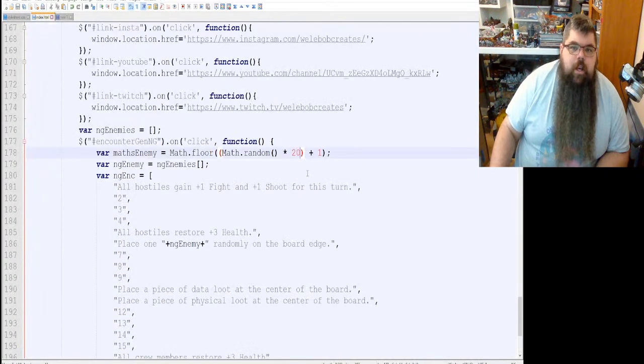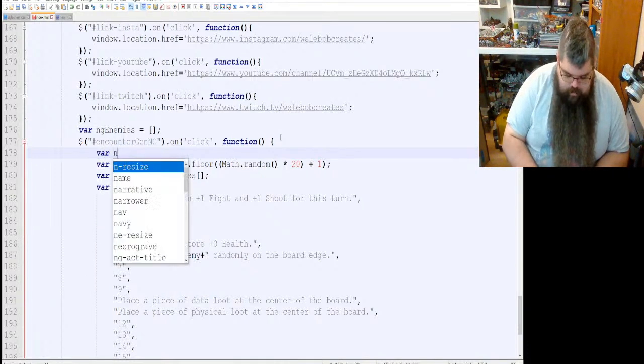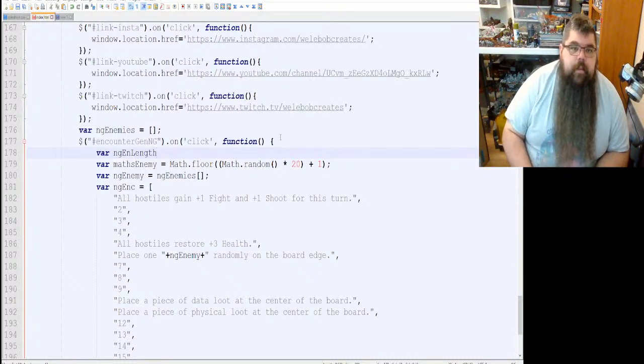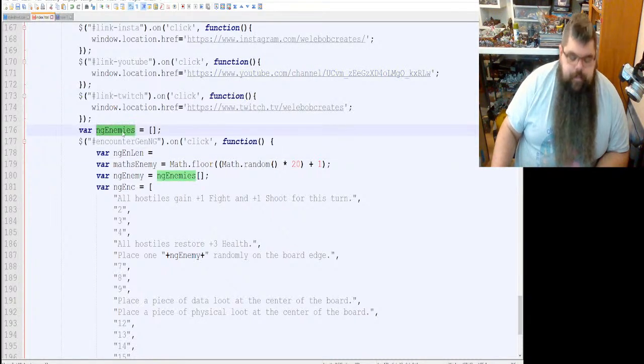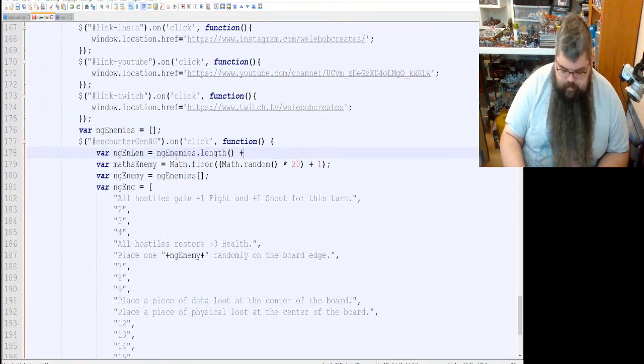However, we don't know what the size of that is. So we're going to do variable ng n length. Ng n len equals the length of this dot length plus 1.